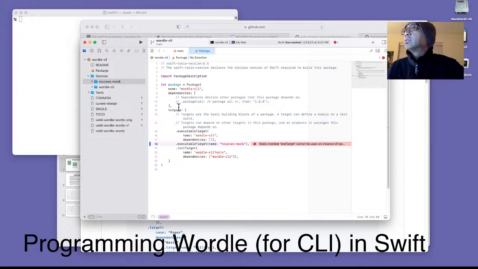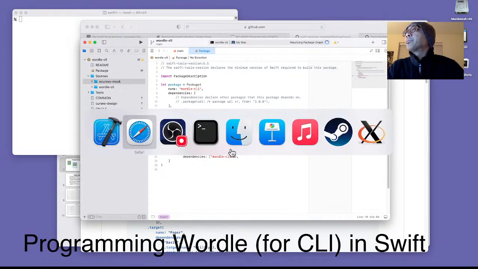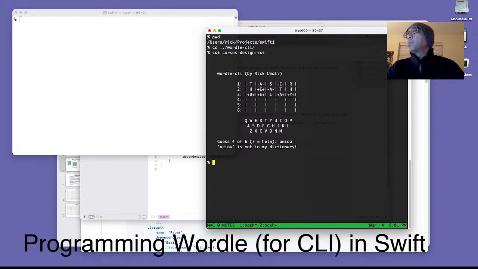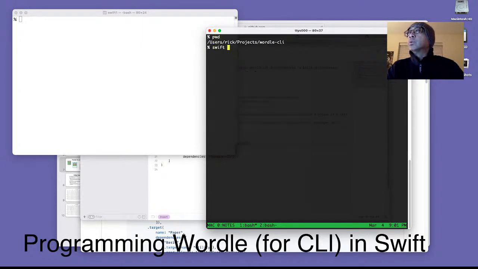And the syntax, see, these targets are in an array, but the syntax is this chained object with commas in between. I haven't dug into it deeply to figure out all of the details, but when I added this line and I try to do a Swift build back in my project, so this is the Wordle CLI. If I do a Swift build,